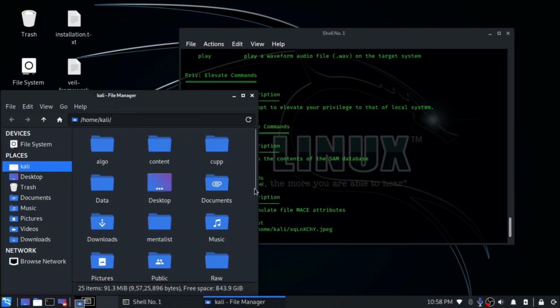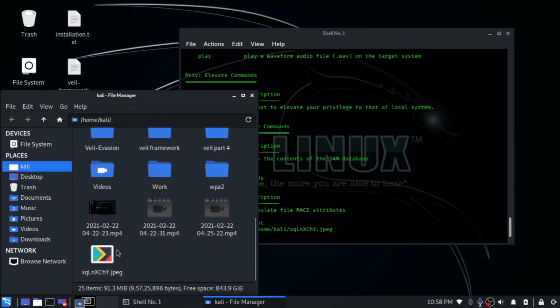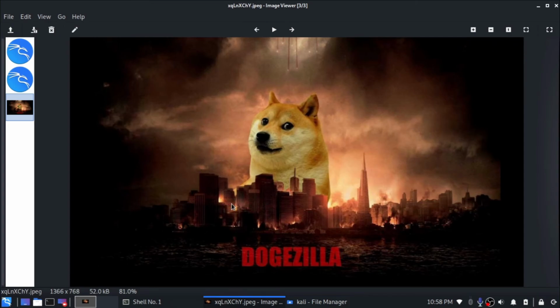Let's check what it is. As you can see, it's an image which has been captured. This is an image of what is being shown on the Windows machine.